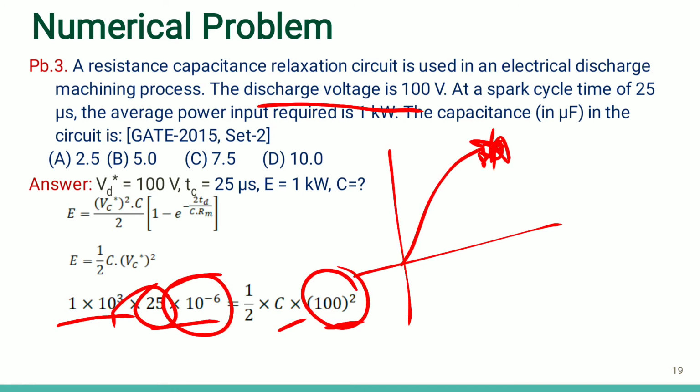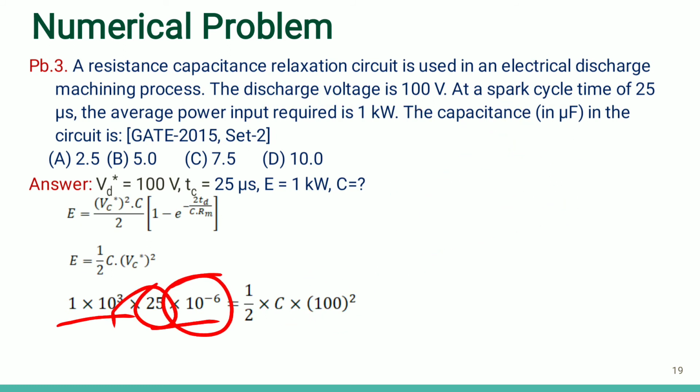Now this discharging voltage that we are assuming is the maximum value of discharging, means at the beginning of the discharging, because this part from here to here is a discharging, okay, in this region. So if it is a Vc star, it means charging can reach up to this voltage, so this is a maximum charging voltage, but after this the discharging starts. So we can assume Vc star as Vd star here. Okay, so when you calculate it, it will give you the value C equals 5.0 microfarad. So the answer is B.